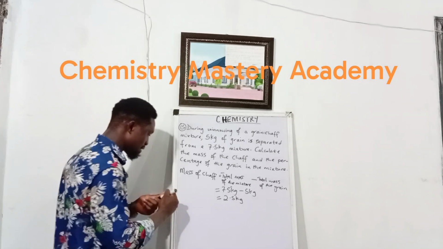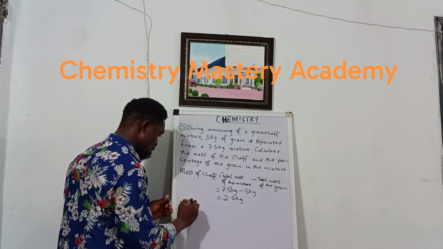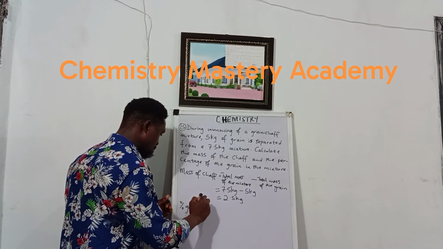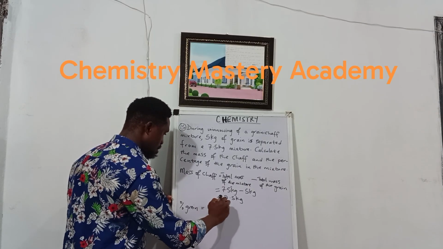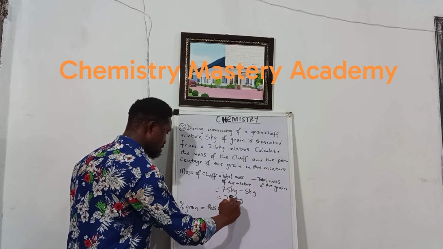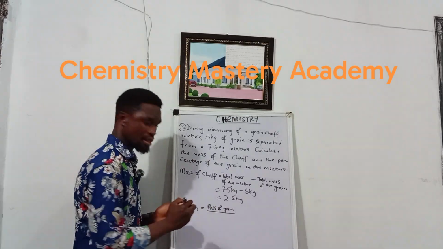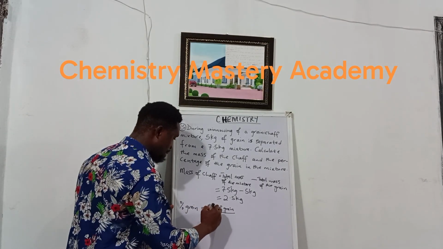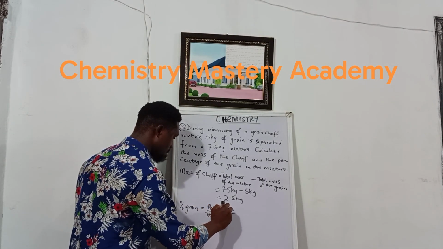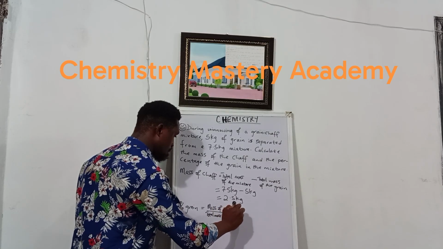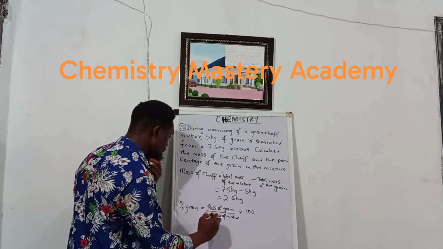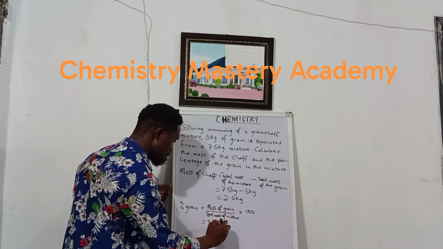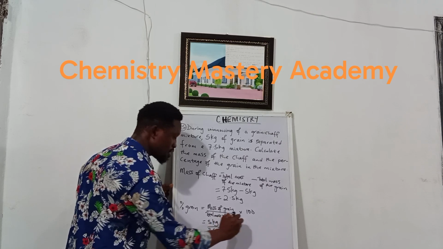So percentage of grain in the mixture is equal to the mass of grain over total mass of mixture times 100. So mass of the grain is 5 kg over total mass of mixture is 7.5 kg times 100,